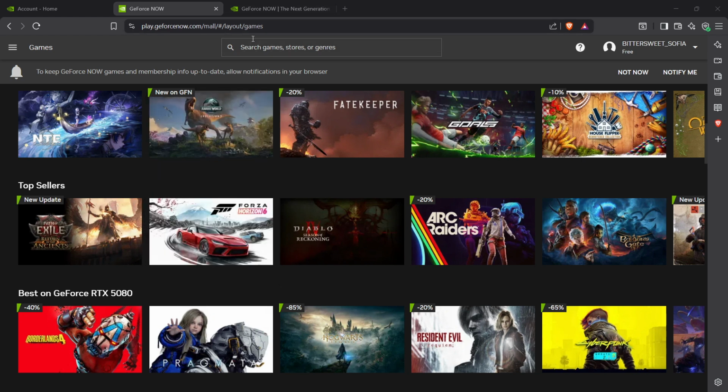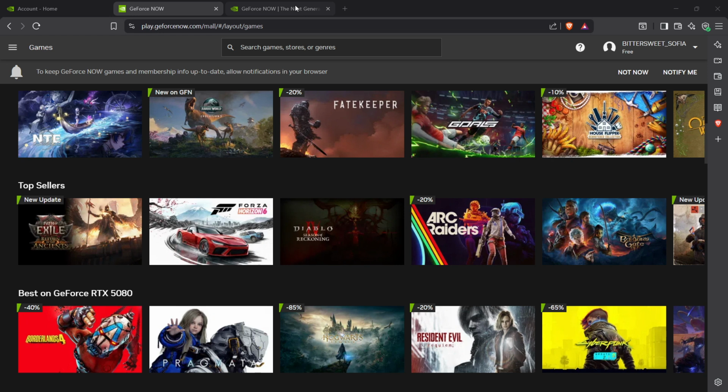To begin, sign in to your GeForce Now account. Make sure you're using the correct account before continuing, especially if you have more than one login. Starting from the right account is important because your membership, billing details, and upgrade options are all tied to that profile. Once you're signed in, open the membership page.